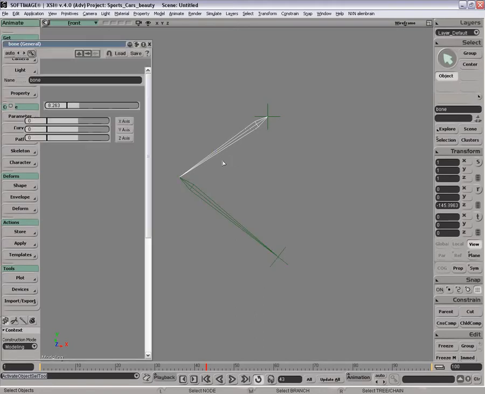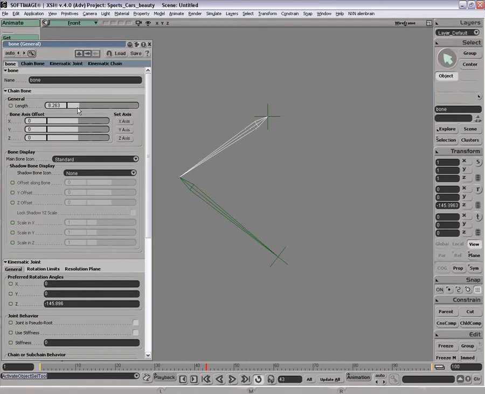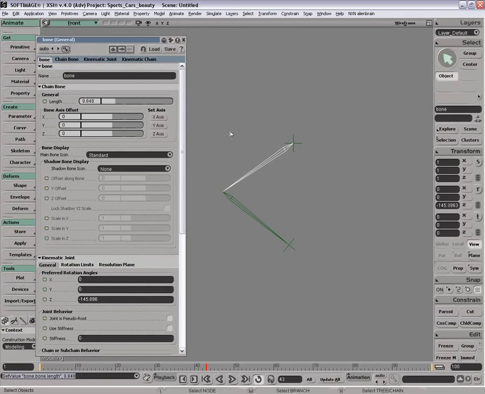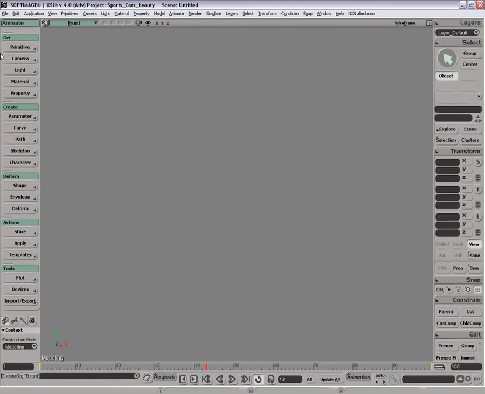But you can also come in XSI and you can change the length on any bone without changing the transform values. So it'll affect the position of this one, but you're not going to add any scaling when you change that length. And this ends up being a really good thing. For example, if you're doing character setups where you have characters morphing from one character to another, well, a lot of times you don't want to add scaling on the transforms because that'll inflate your points and cause all these other problems. So what you can do is you can go in here,